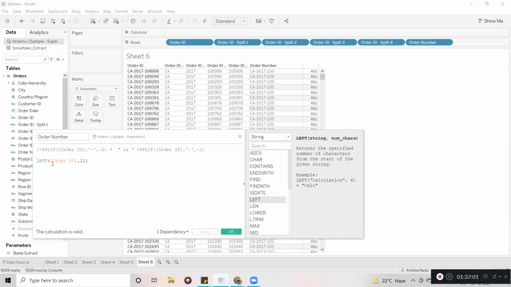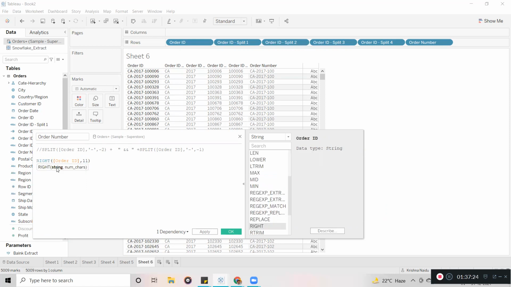Now in this case, how can you work on it? Okay, fine. Left means whatever number you have given, it counts from the left side and brings it. Let's see, are we having a right function here? We are having right function, right?